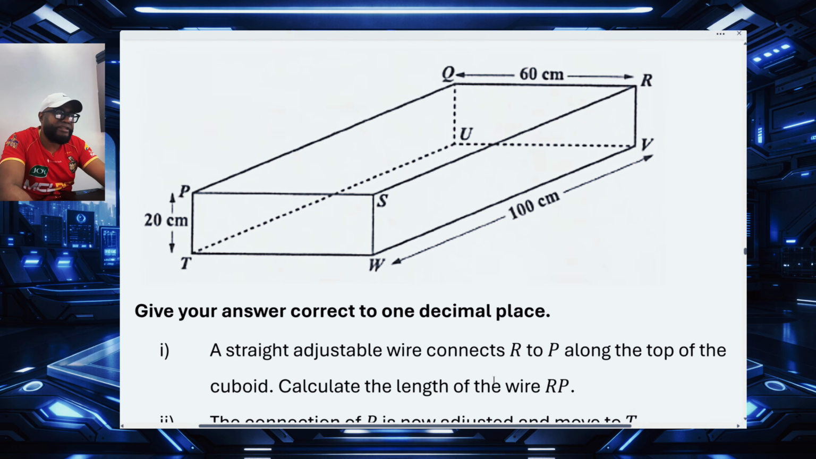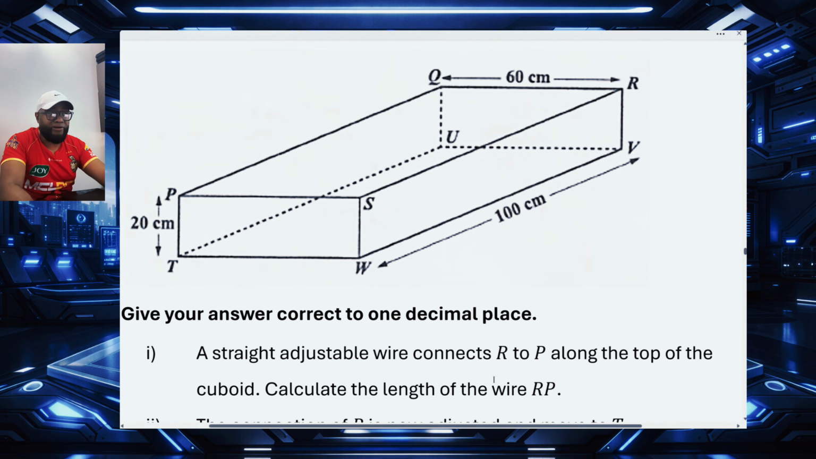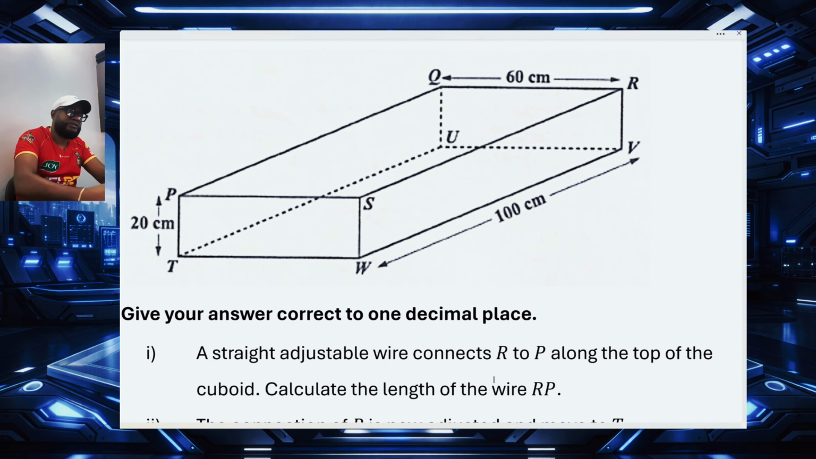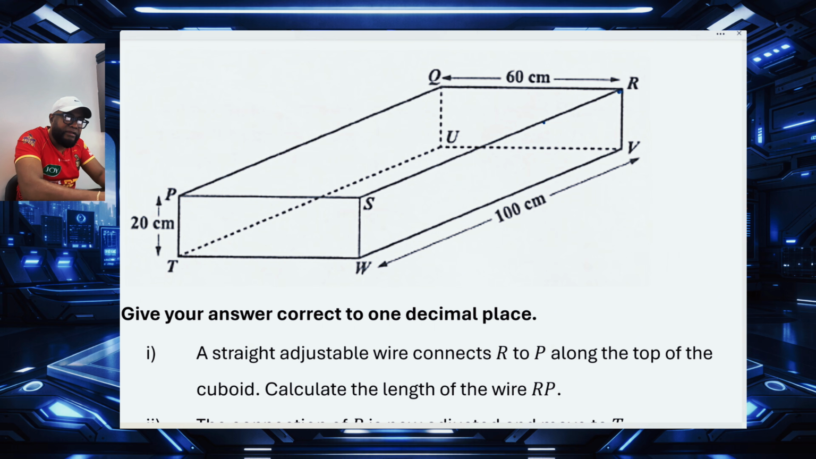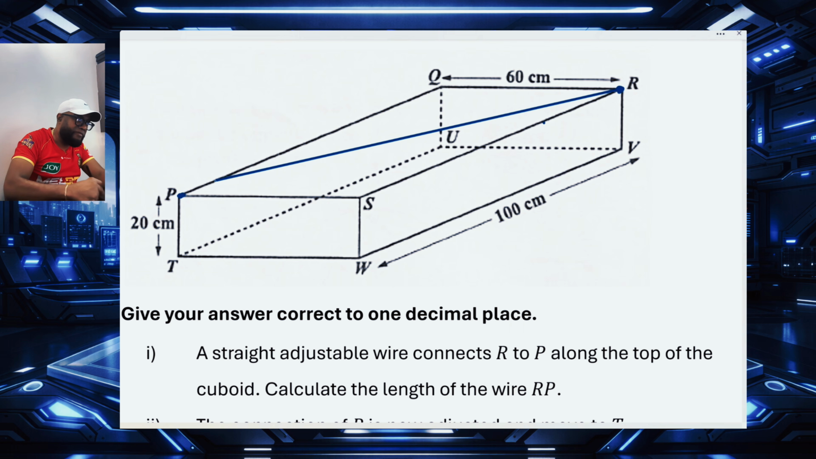So they said a straight adjustable wire connects R to P along the top of the cuboid. Calculate the length of the wire RP. So R is up here. Everybody seen R? Everybody seen P? If I pull a wire from here to here,